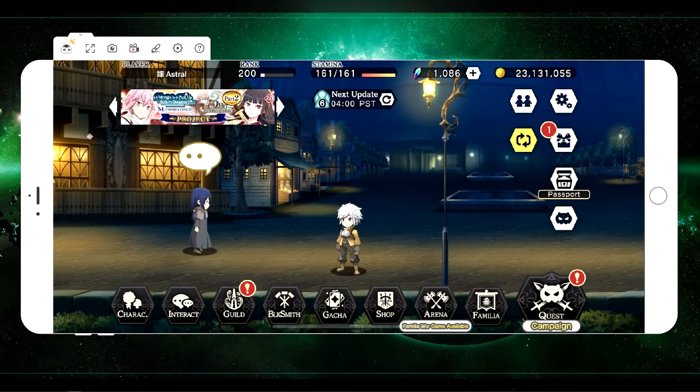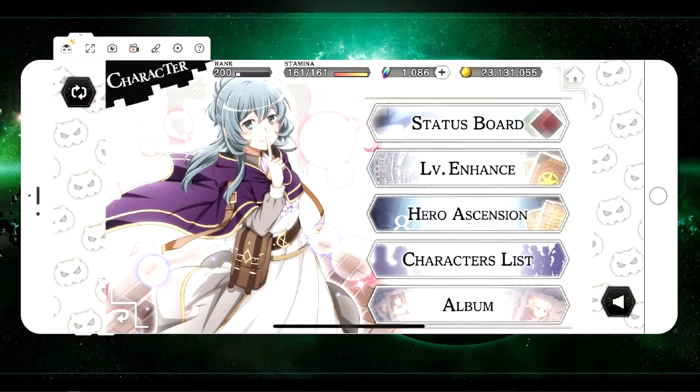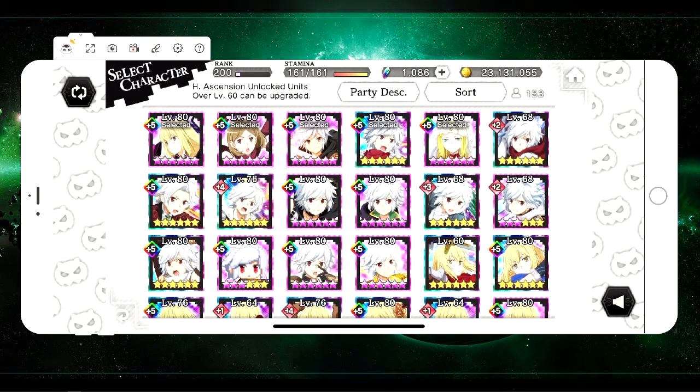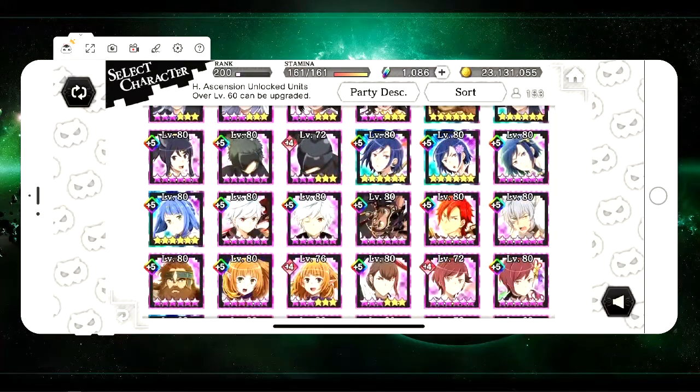So let's just start off by going over Ascension. Like I said, Ascension was something that was added into the game not too long ago. You have Hero Ascension and you have Weapon and Armor Ascension, if I can speak properly. It's going to be a little bit harder for me to show you on my units because I have most of them ascended already. But basically, you just get bonus stats